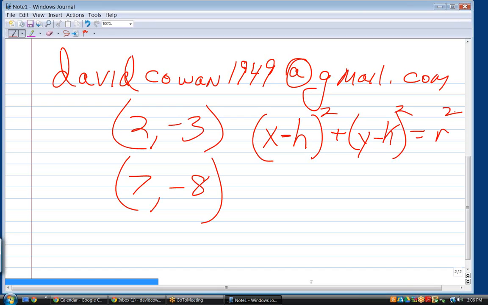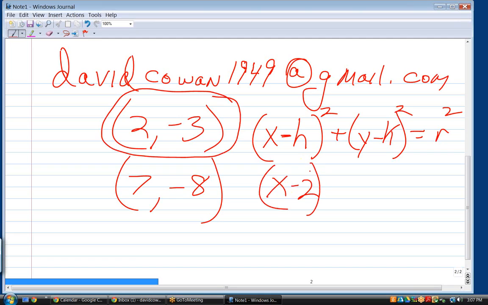Okay. So they've given us the center, so that allows us to fill in that. So it's (x minus 2) squared plus, what's this part going to be? (y plus 3) squared equals,